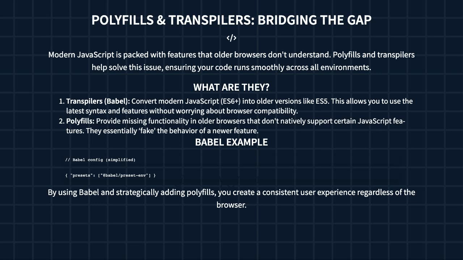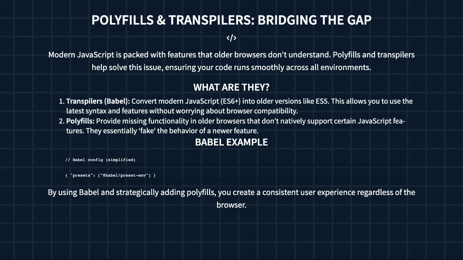browsers can understand it. Then polyfills are like little helpers that add features to browsers that don't have them built in. So if you're using a feature that wasn't around when the browser was created, a polyfill makes sure it works just fine. Babel is often your go-to transpiler, and with a good configuration, it can handle most of the